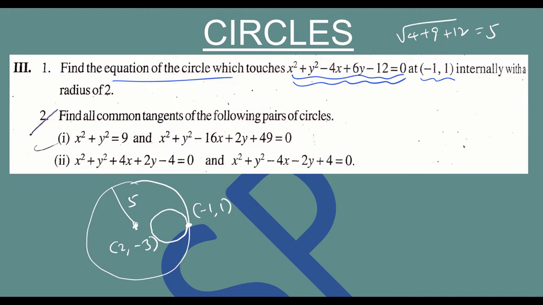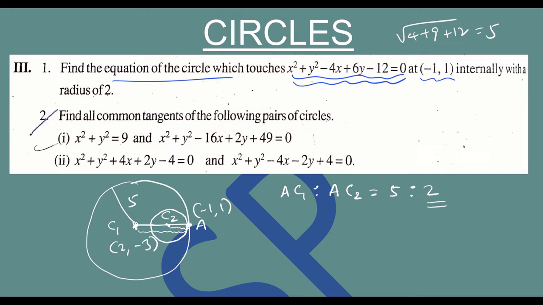So observe that on the smaller circle we already have a point. All that you need is the center of the circle. Now if I call this center C2, this as C1, we know that this point, if I call it A, is dividing C1, C2 in the ratio R1 is to R2 externally. You see this is R1, this is R2. AC1 is to AC2 is nothing but 5 is to 2, because he gave the smaller circle radius as 2. So first we find the coordinates of C2 using this.